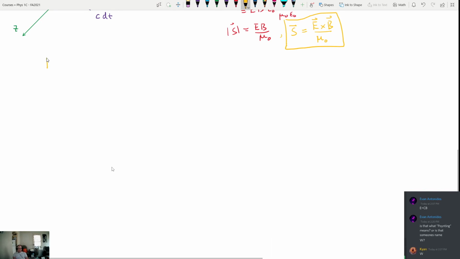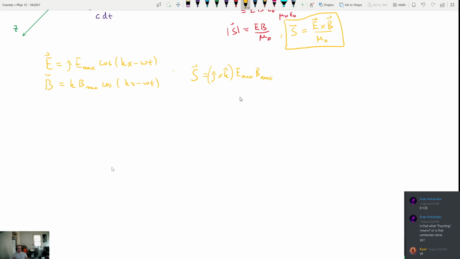All right, from above, we know that our electric field was something like, the first one we did was j hat E max cosine of kx minus omega t, and B was k hat B max cosine of kx minus omega t. So let's plug these into this equation here. S would be equal to E cross B, which is going to be j cross k, and then we have E max, B max,